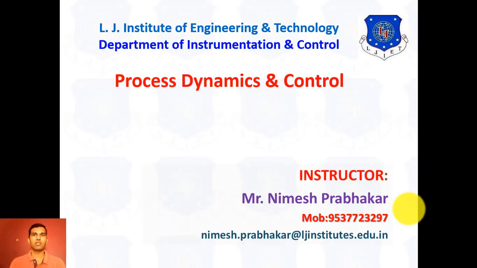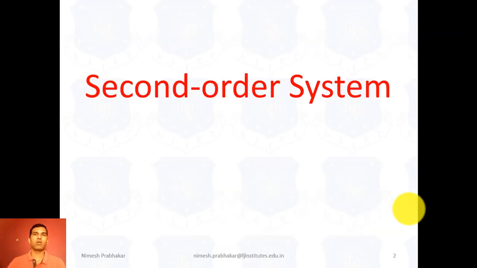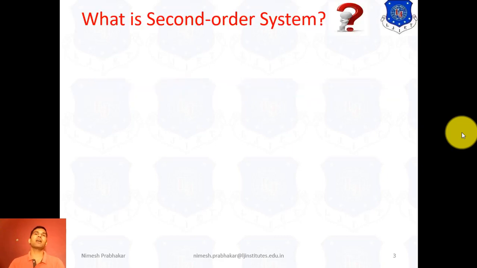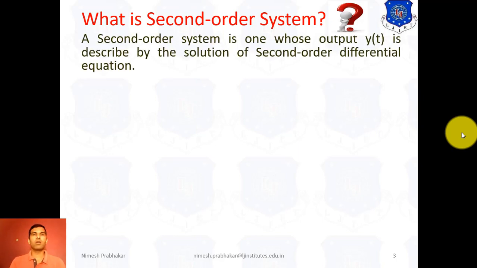In this lecture, we study about second order system. In my previous lecture, we studied about first order system and non-linear first order system. Now in this lecture we discuss about second order system. So first of all, the question that occurs in mind is, what is a second order system, or which system is known as a second order system? So the definition for this: a second order system is one whose output is described by the solution of